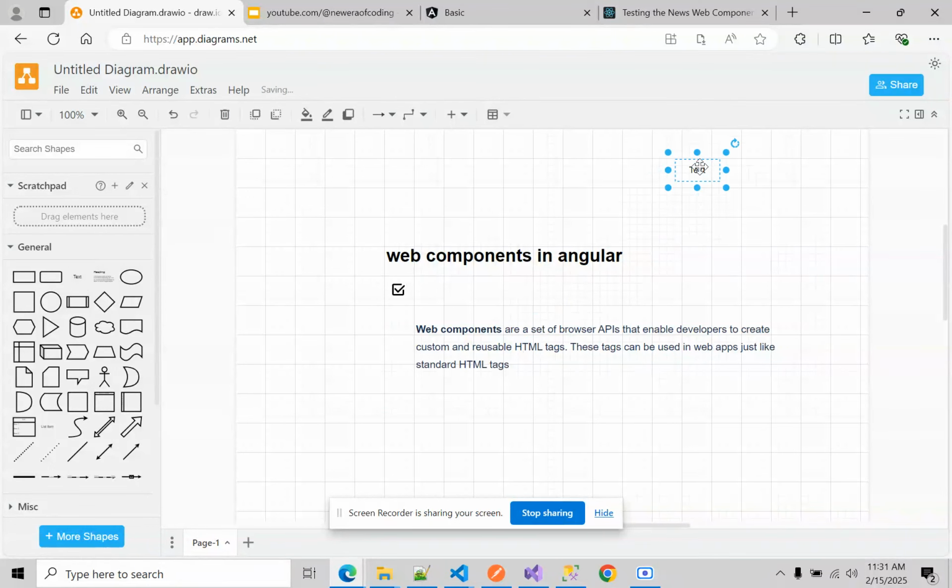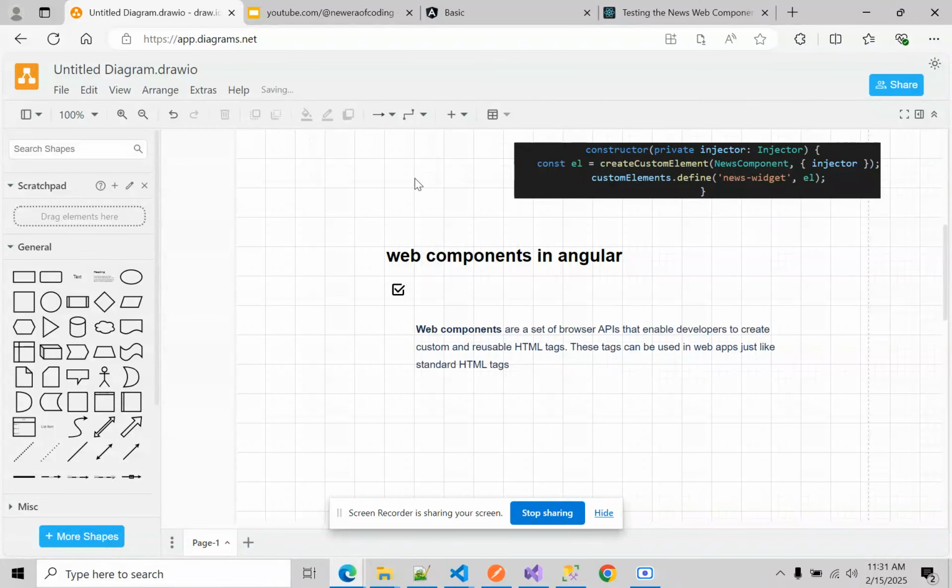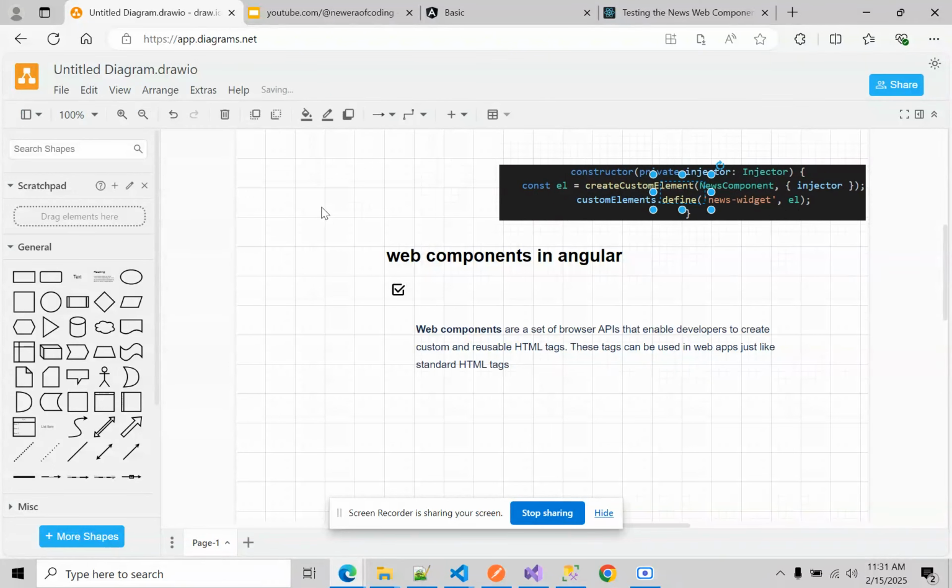So you just picked a component. So here, what you have done, you pick the component. In this case, I have picked the news component. I simply use that component and pass it in to